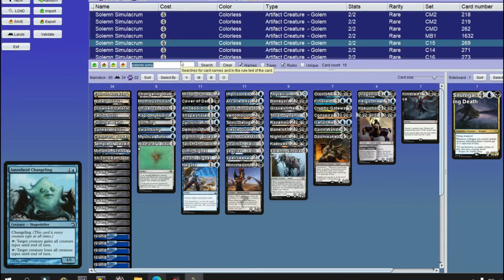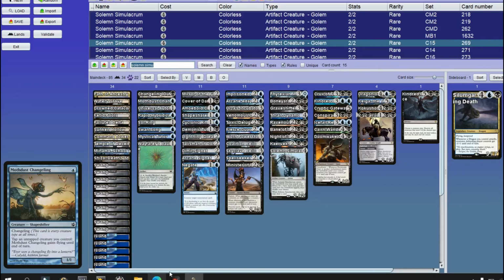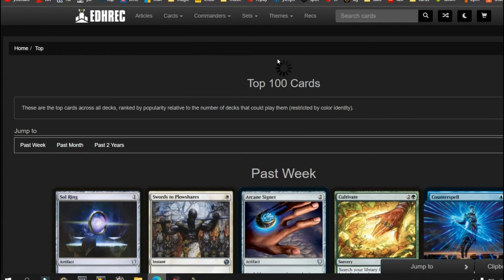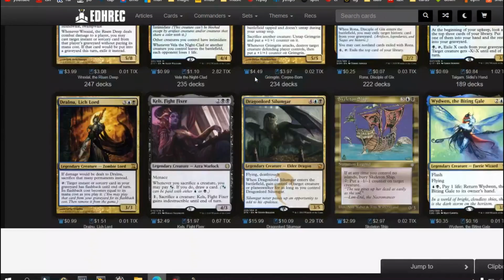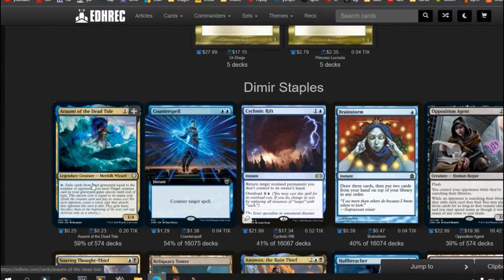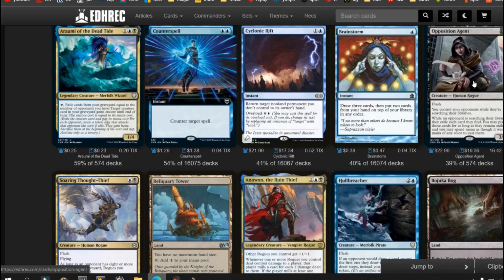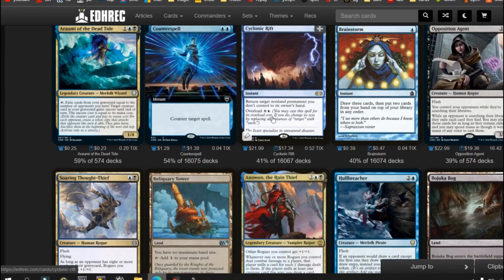The great thing about this, what I like about making decks like this, is because there are so many cards that I can just throw this in if I want to, maybe not. You're not really stuck on what's going to go in and what's not going to go in. A really neat thing you can do, again, this is why I like EDH Rec. We can go Dimir, and then we can go Dimir Staples. Opposition Agent. Again, for those watching this sometime in the future, Commander Legends just came out. I'm not sure if Opposition Agent is going to be that card that everyone is going to just absolutely hate you if you play. So